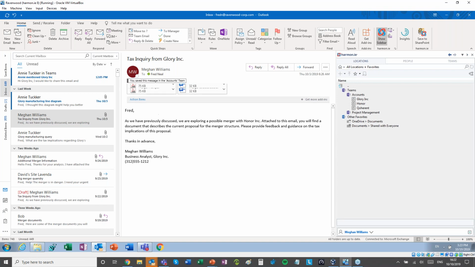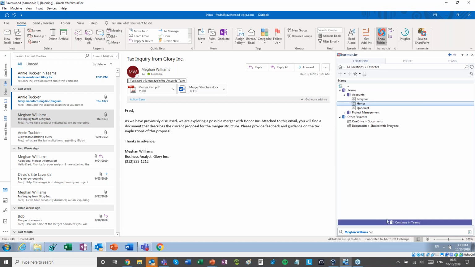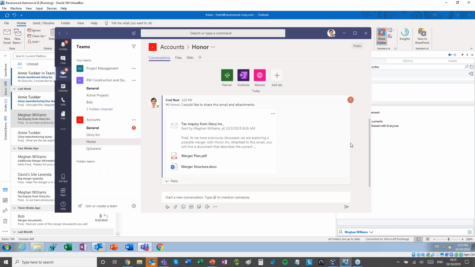But what I want to do now is actually communicate internally on Teams. So you'll see that I have a panel at the bottom of the sidebar where I can start a conversation around that content that I've just posted. And I can even continue that conversation in Teams directly from Harmony. So if I go to the Teams interface now, and maybe one of my colleagues is logged into Teams from a different machine or something, I can see that Fred has actually posted that email and the documents into the relevant team repository. So I can actually open the email up just by clicking on it from the Teams